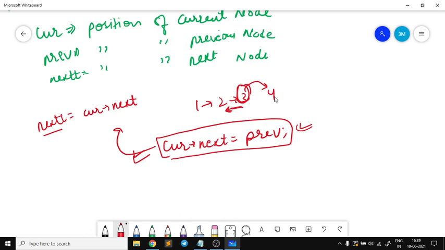Now I will move to 4 because I have the next node's address stored in next. So I will have current is equal to next, and I will be pointing to this 4. This issue is solved.